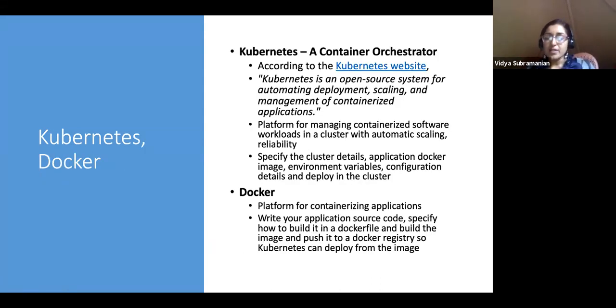So yeah, what is Kubernetes? This is directly from the Kubernetes website. Kubernetes is an open source system for automating deployment, scaling, and management of containerized applications.